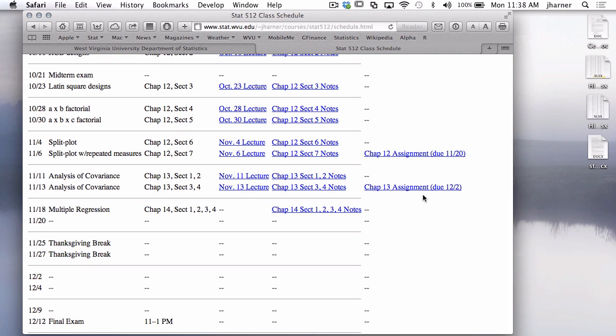It's on the 12th at 11 a.m. till 1 p.m. And so this Chapter 13 assignment is shorter than the others. I'm still going to give them equal weight, but there are fewer problems in it. So I'm going to make it due on the 2nd, which is after Thanksgiving. Now, if you slip to the 3rd, that's going to be okay, but I'm just trying to give a date,